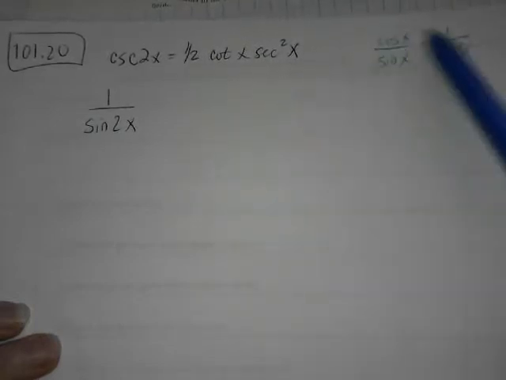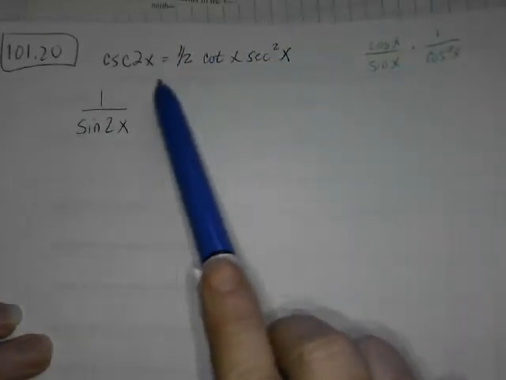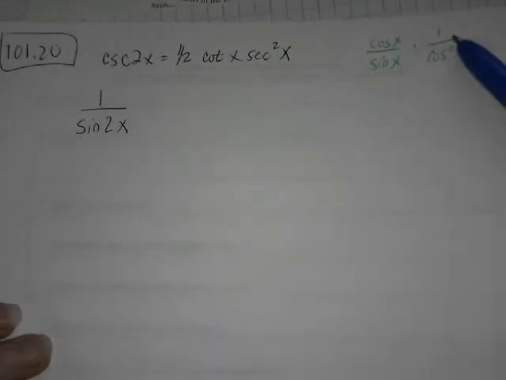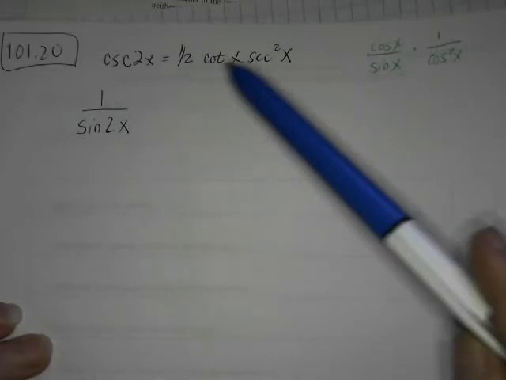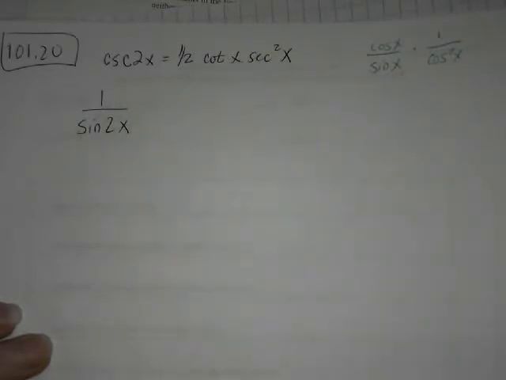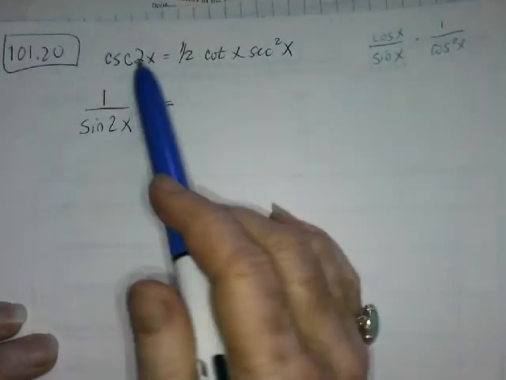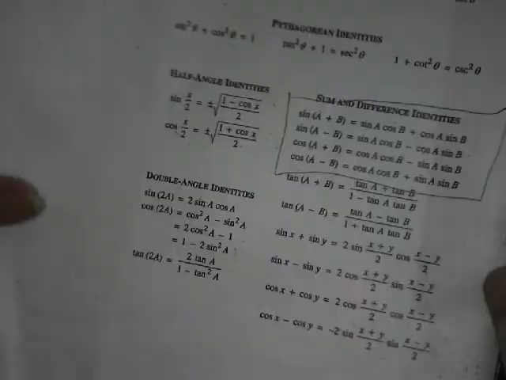I didn't want to go too far over here because really we're not supposed to be messing around with the right hand side. We're supposed to be making the left hand side turn into the right hand side. But I did notice there could be a cancellation here, and I'd have 1 over sine times, there'd be a cosine there, and I got the half, and so I'll be looking out for that as I go along. So cosecant 2x, I was just going to look it up on my list,